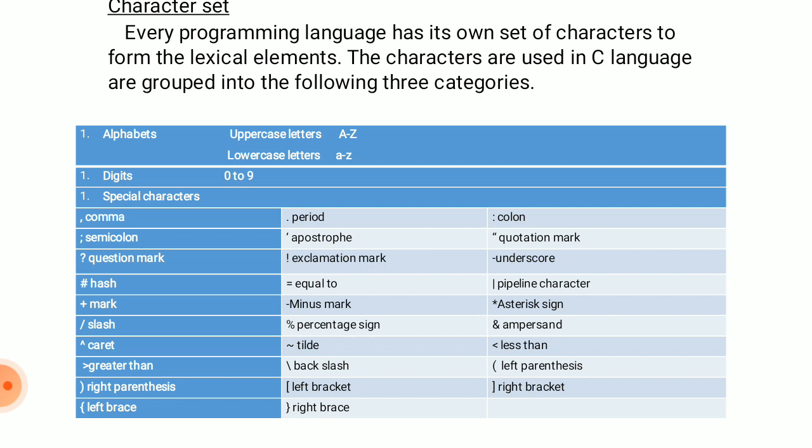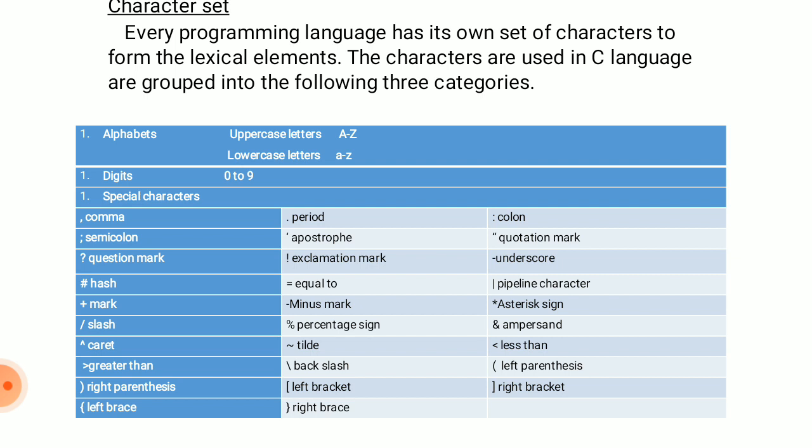Digits means 0 through 9, that is, 0 to 9, so you can also use numbers. Apart from alphabets and digits, you can also use special symbols or special characters. Here some special characters or symbols are given; I will read them out, and you can see them later. Here I have written the character as well as the name of the character. Comma, period means full stop.